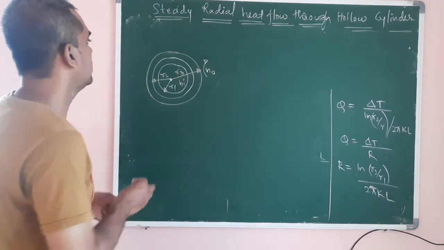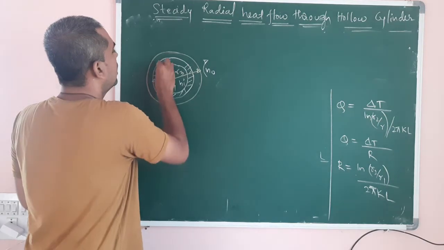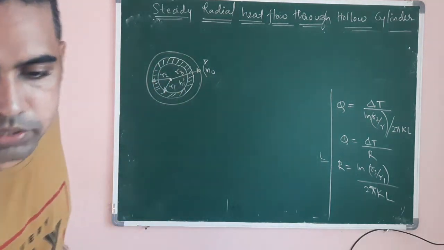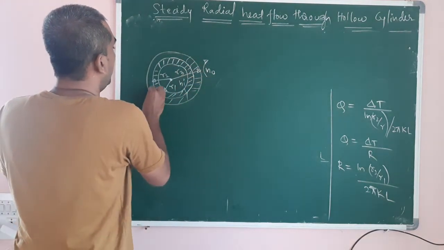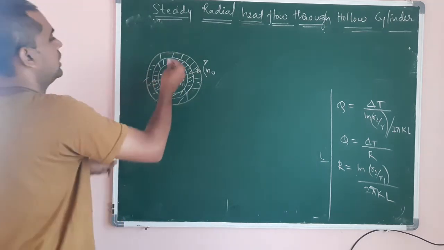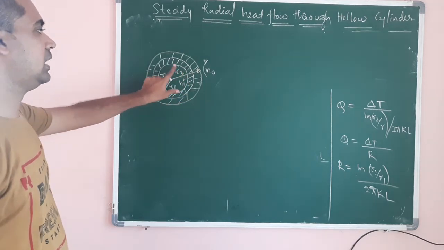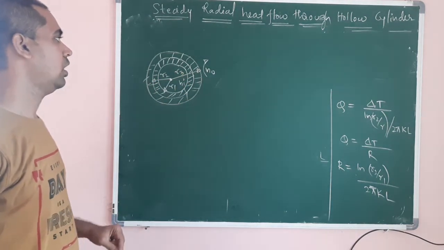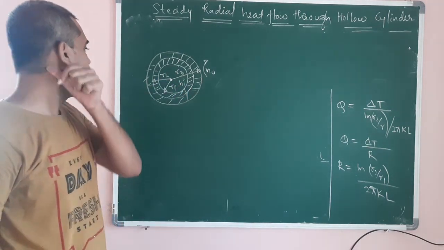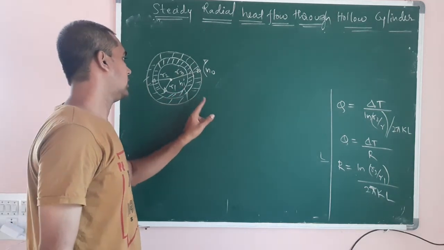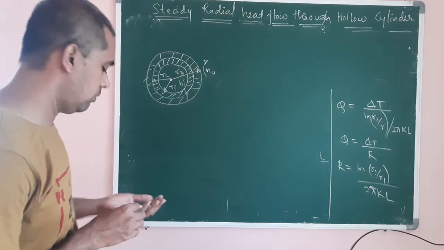Initially, what happens? This is a hollow cylinder. Outside that, there is an insulating layer. Suppose there are hot gases inside. From the hot gases to the inner surface of the cylinder, heat transfer takes place by convection. After that, in the first cylinder from R1 to R2, heat transfer takes place by conduction. Again from R2 to R3, it will take place by conduction. Further, from the outer surface to the environment, it will take place by